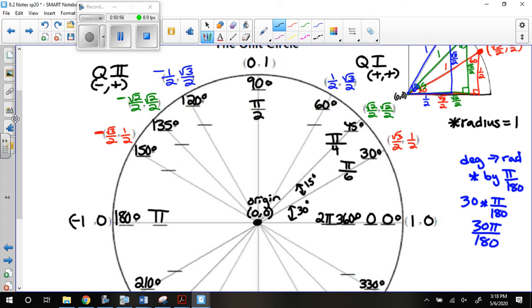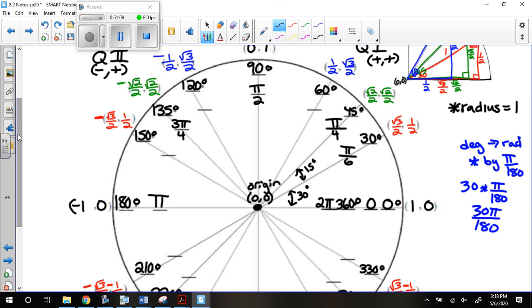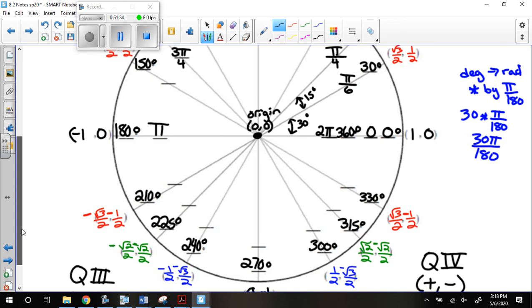And then 135 degrees would be 3/4 of a pi. Then technically, if I count around, if I go from 0 to pi over 4, that's 1/4. Then if I go up to pi over 2, that's technically 2/4. Then 3/4 at 135, and then 4/4, technically, because 4/4 is 1, at 180, and then it'd be